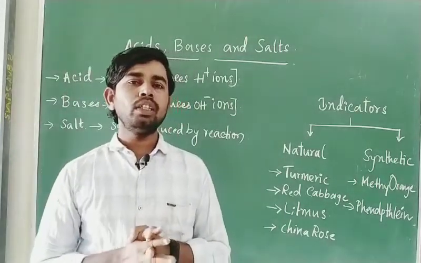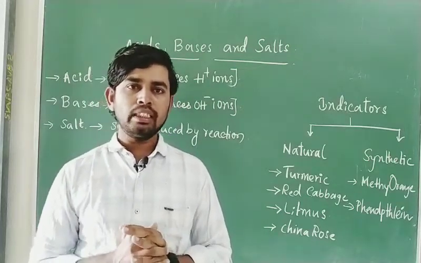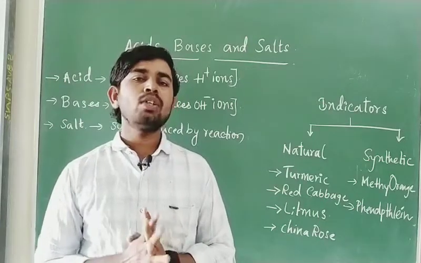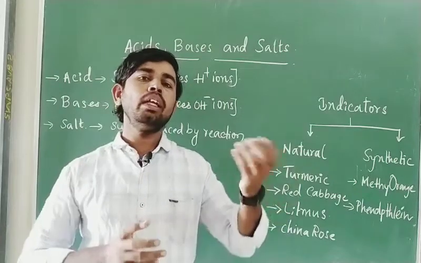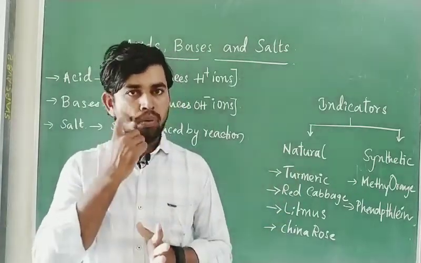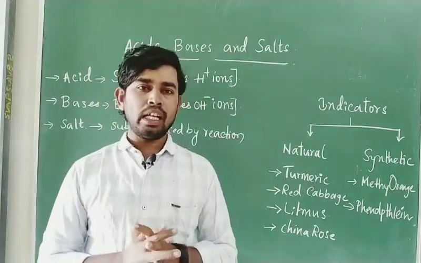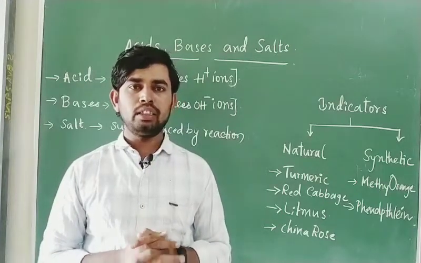So what happens? Generally a particular amount of acid is produced in our stomach. Which acid? Diluted hydrochloric acid, okay, which can help the digestion of food. So when they eat much more compared to the normal amount, the remaining amount of food is not going to digest. Because of that, they can face stomach pain and acidity problems.